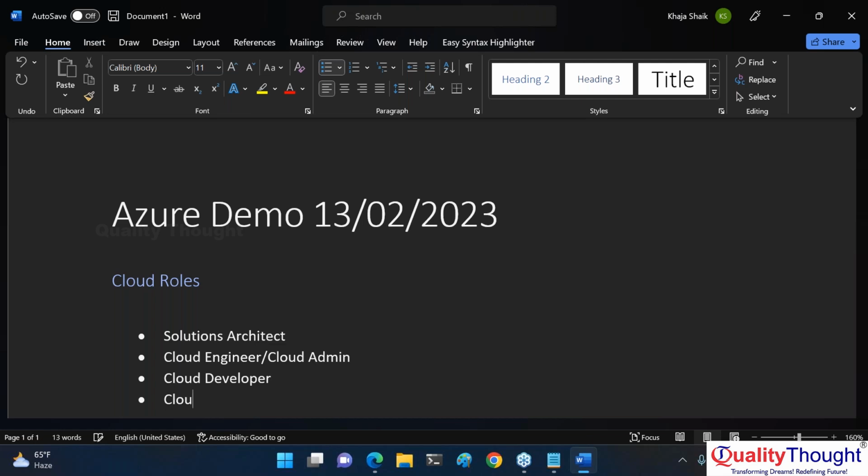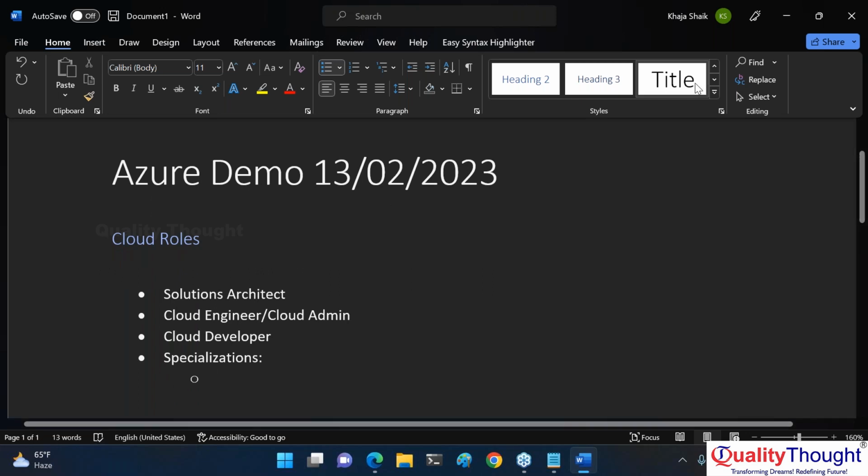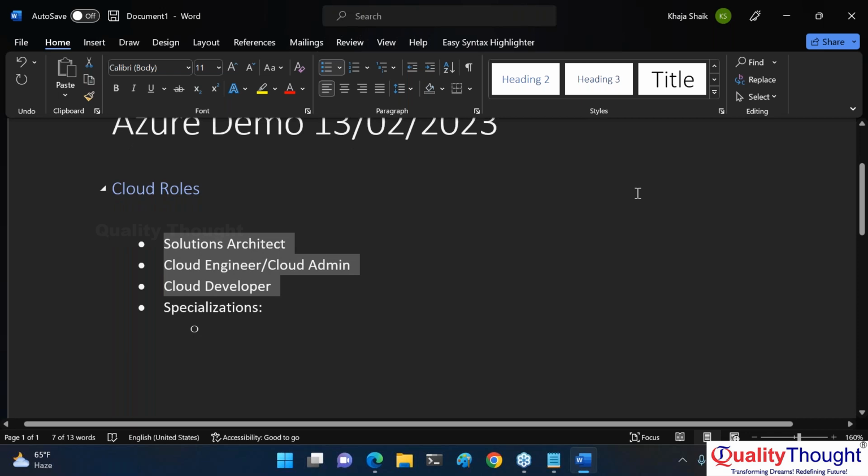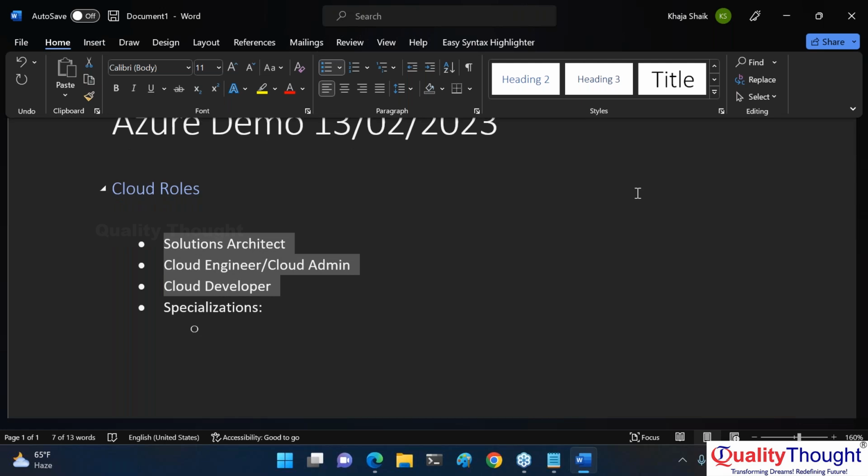Now, let me try to write it as specializations. So these three are generic roles. They exist for every project. Then there are some specializations. Specializations are very specific to some area which your organization is working.